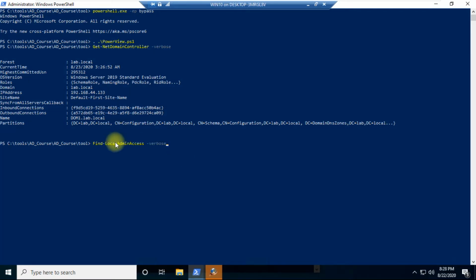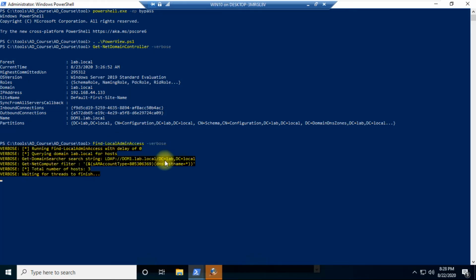What does this command do? Whatever user we logged in with on the system, this script tries to log in with that same user across the entire network and checks whether we have local administrator rights on any system other than this one. If we do, we get the host name of that system so that we can approach it directly.